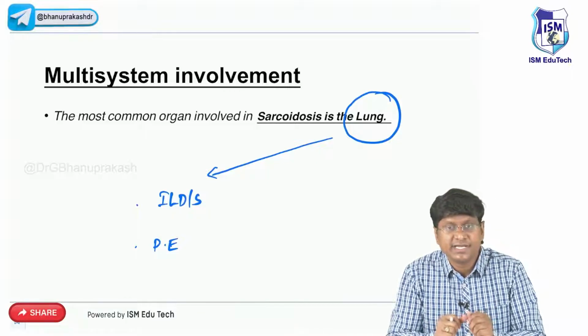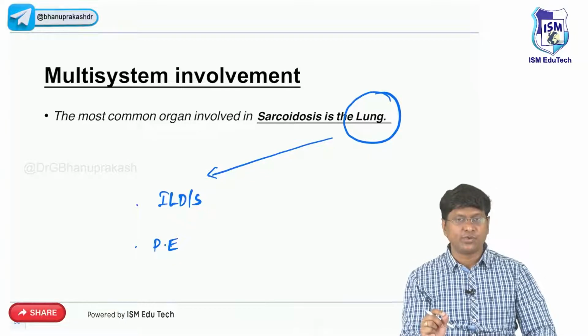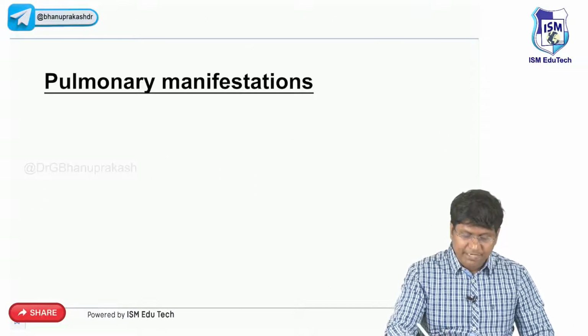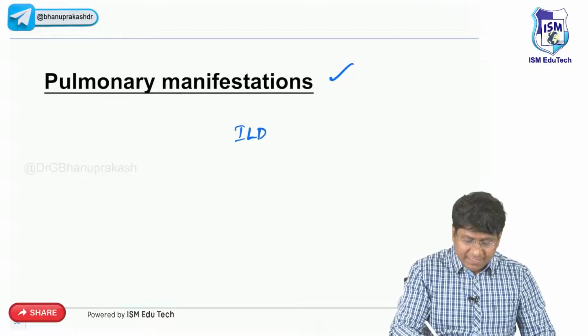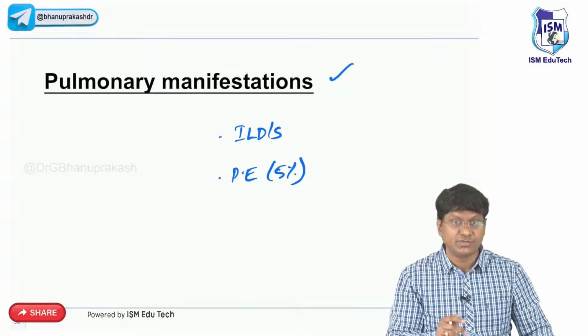So what is your diagnosis there? That is your sarcoidosis. But what exactly is the investigation of choice in case of sarcoidosis? We'll discuss. Now, what are the pulmonary involvements I have taught you? That is interstitial lung disease, and only in 5% of patients there can be development of exudative type of pleural